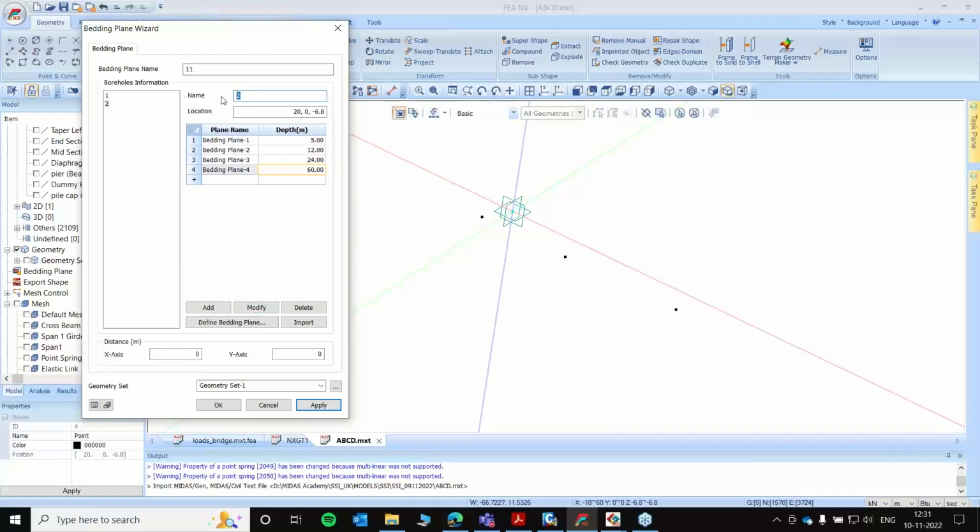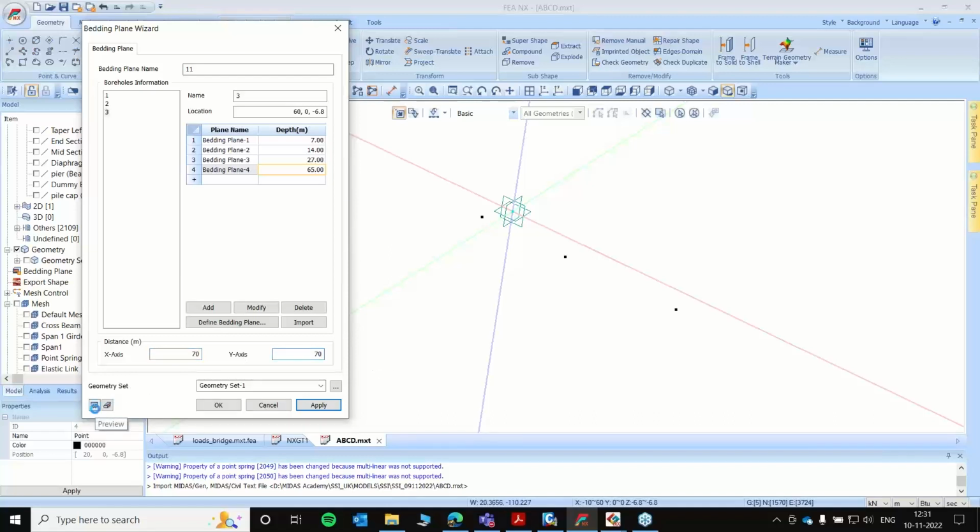Okay, and our final borehole number is 3. Double click here, same thing, just need to enter the depth in here. Let's say the first is now 7 meters, second layer is 14 meters, third layer is 27 meters, fourth layer is 65 meters. Okay, you press on modify, and here in the axis notation we need to define how long will be the stretch of the borehole data. So let's say it ranges for 70 units.